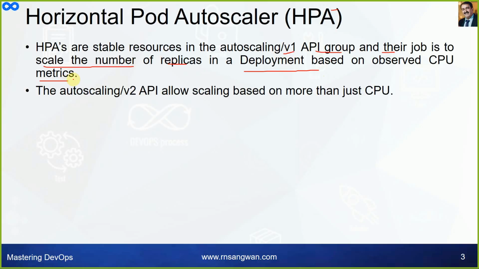I don't know how many of you recollect that I discussed the concept with respect to instances or instance pools in OCI. There we define the rules: if the memory usage goes beyond this limit or below this limit, take a decision, increase the instances, spin up more instances or terminate instances.